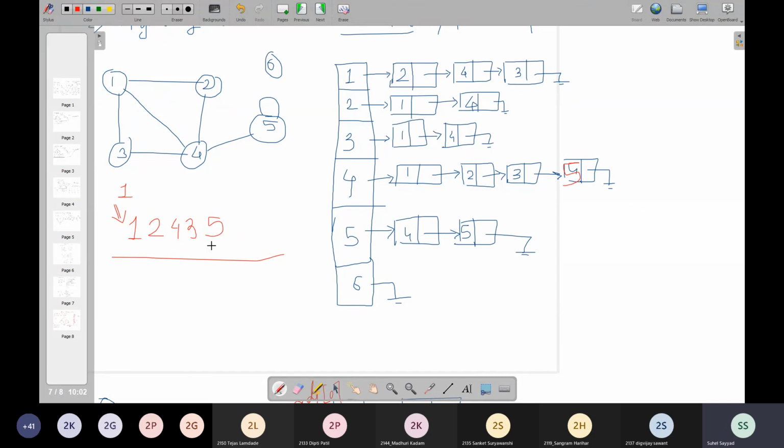With respect to a given starting vertex, if a list is given, we have to process that list in the same sequence. And if the diagram is given, you have the liberty of picking in any sequence. But I cannot go to an unconnected component of my graph, or to those isolated vertices, because those will not come in that case. Here I will not get 6 in my answer. Is it clear, my dear students? Is the example of breadth first traversal understood?